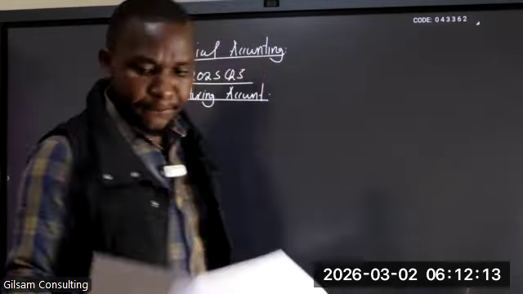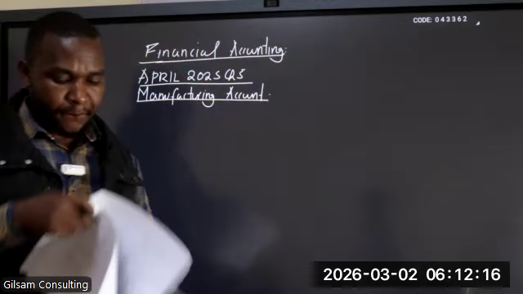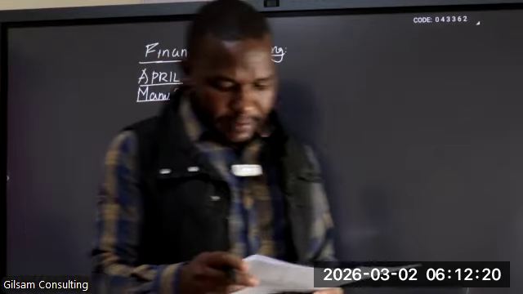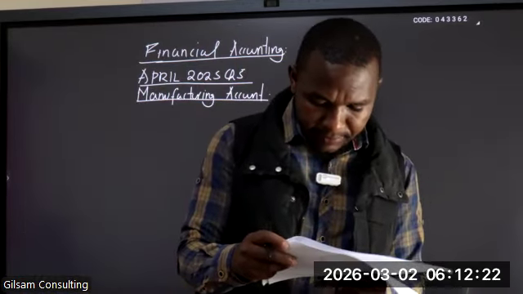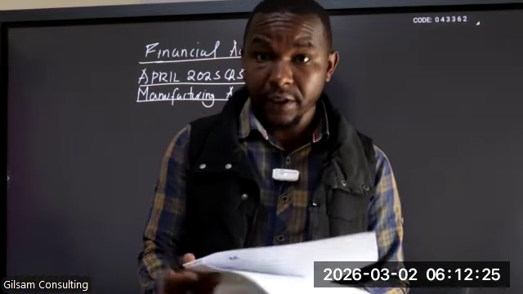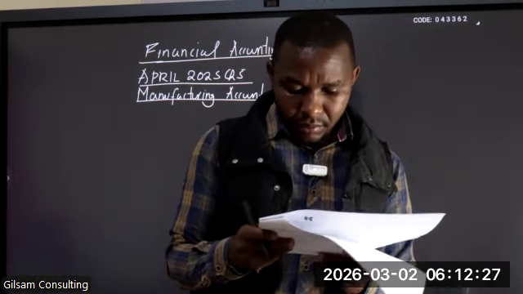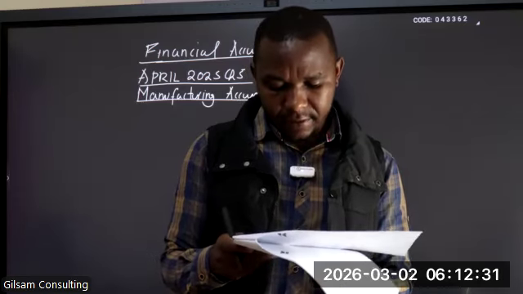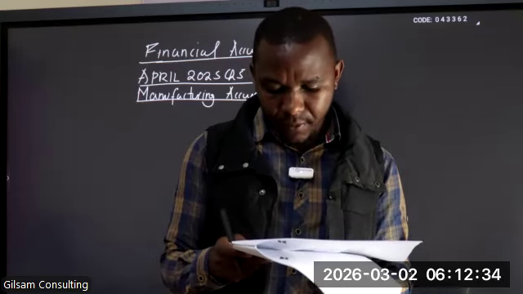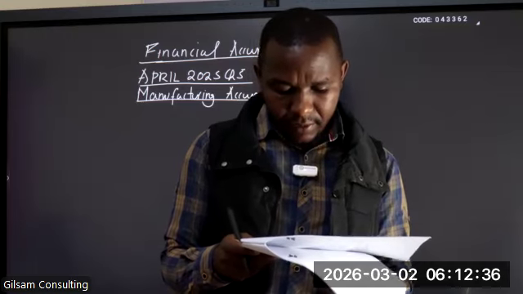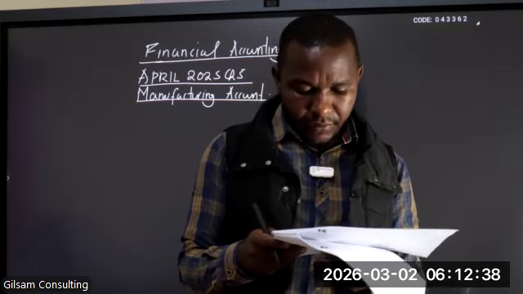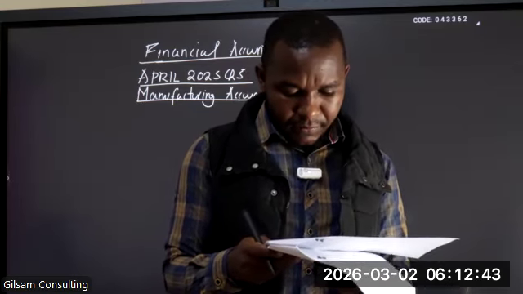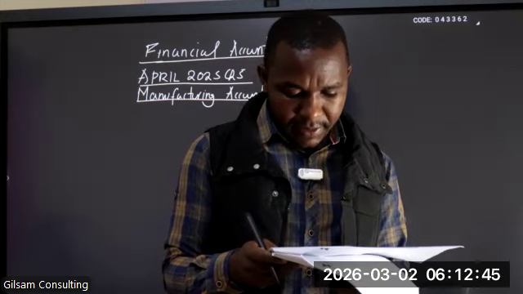You're there? Yes. So we have been told that Never Limited is a manufacturer of office furniture. The following trial balance was extracted from the books of the company as at 30th December 2024. Retained earnings, direct wages, accounts receivable, accounts payable, bank, purchase of raw material, net sales, building in brackets the